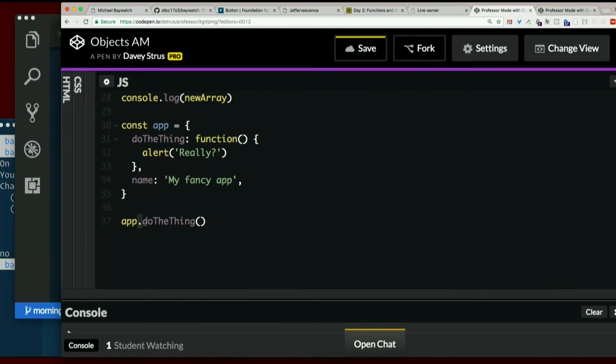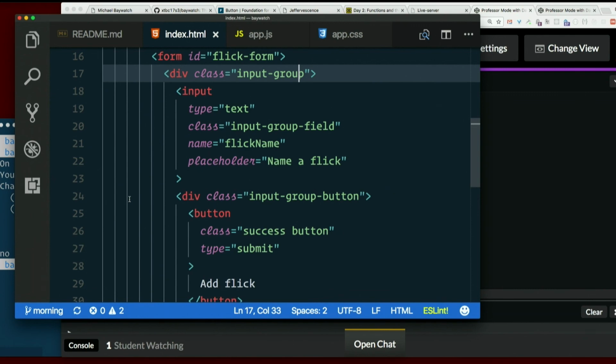Same word you would use for a member function on a class in Java or something. But don't be fooled. JavaScript is not a classically object-oriented programming language, despite the fact that there is now a class keyword. But that's for another time. So that's how we're going to organize Baywatch.